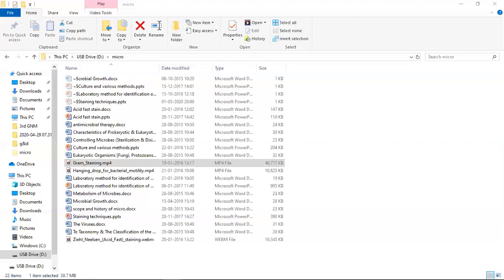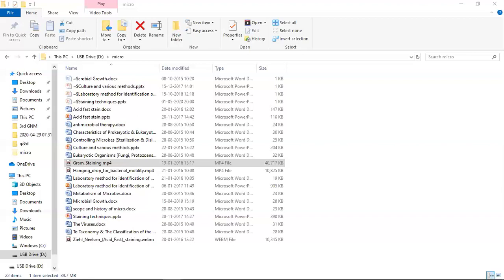After that, we use the primary stain, crystal violet. After applying the primary stain, leave it for 1 minute. After that, wash it under normal water, or you can use running water also.